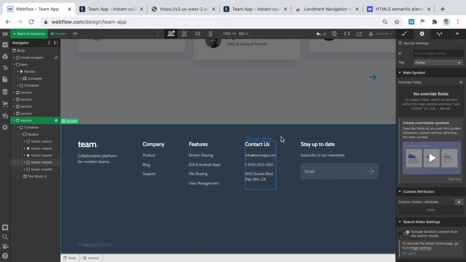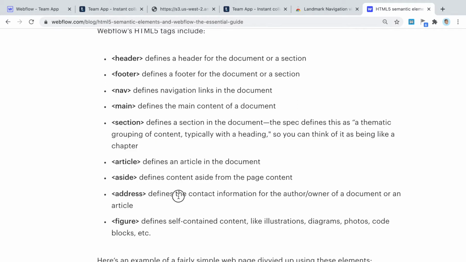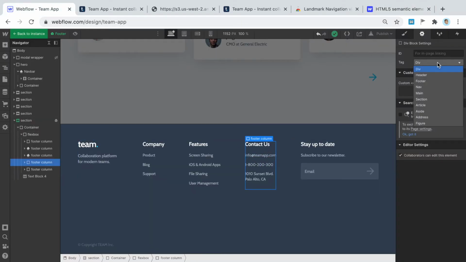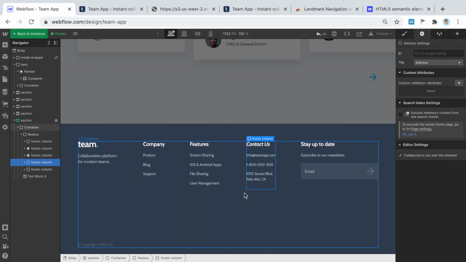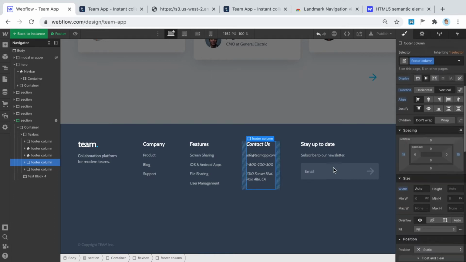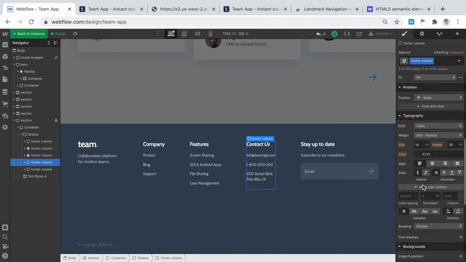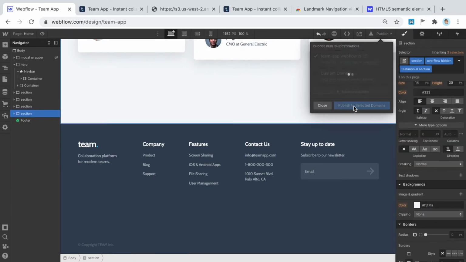And there is actually one more tag inside our HTML tags in Webflow, which defines contact information, and this is a good idea to define. This is called address, and address defines any contact information, be it emails, phone numbers, or anything like that. By default, it's going to make it italic, but we can override this by forcing the italics. It is right now regular, but we have to force it like this, to make sure that it's not going to be italic anymore. And let's publish this,